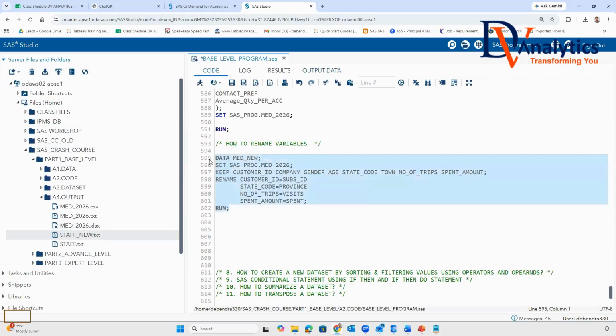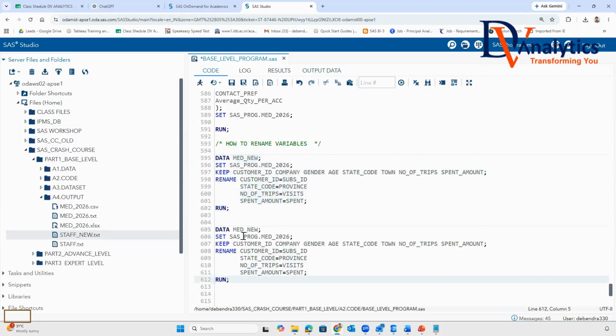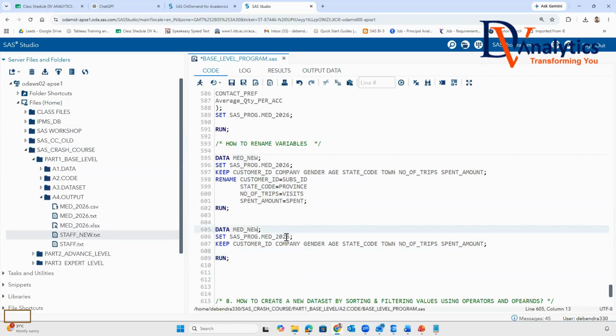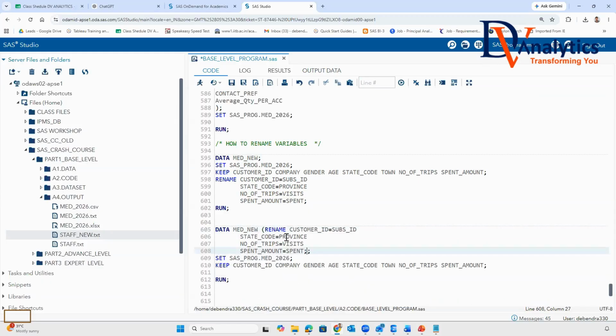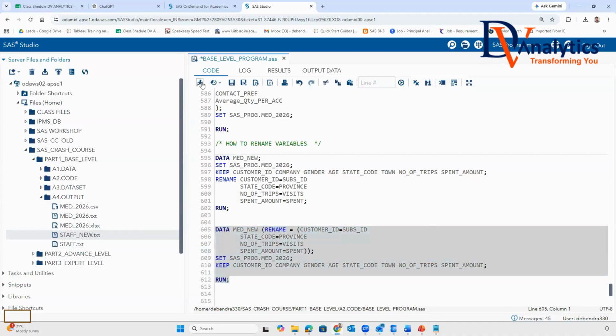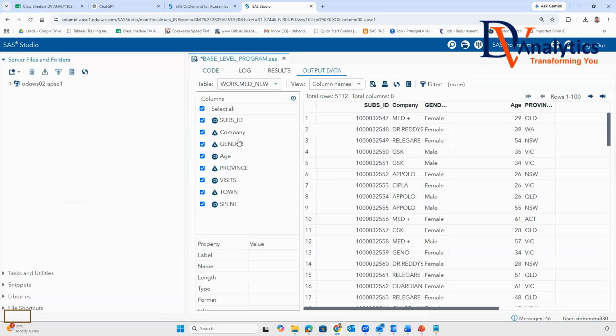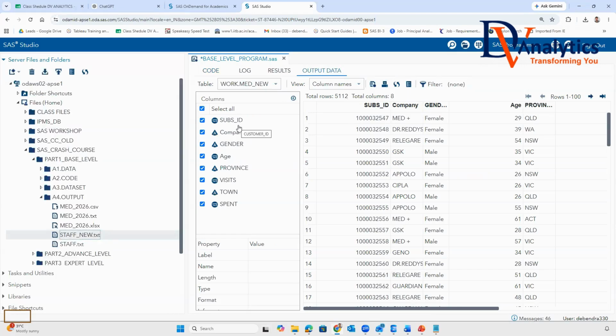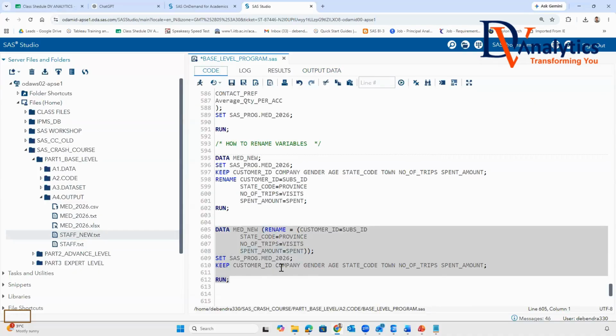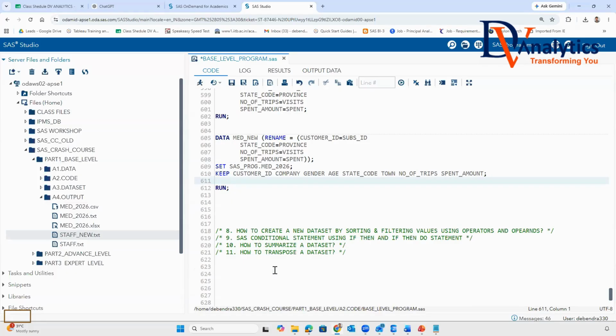We can also use rename as an option. So how do you do that? Control X. Go over here. Write this equal sign, bracket start, close the bracket twice here. So now if you run the program, you can see rename is working. Everyone, are you getting this? Are you getting this now? Yes, sir.